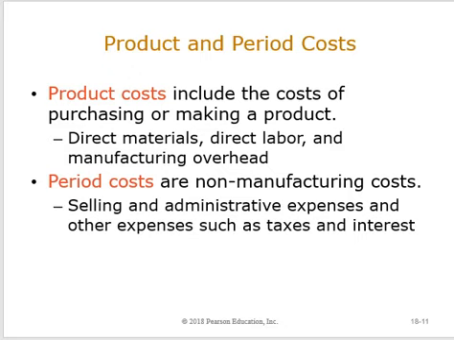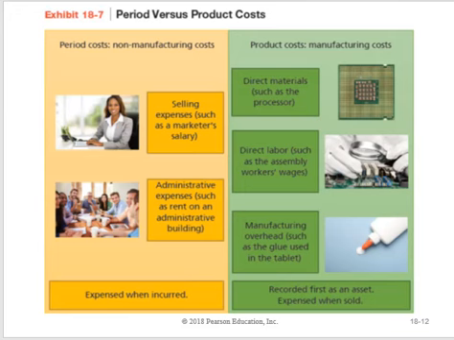Here's why this is important. Product costs sit in inventory until the product is sold. So product costs are initially an asset until they're sold. So they'll sit on the balance sheet until the product is sold. Period costs, boom, they're going to hit the income statement immediately. Okay? So make sure you understand those concepts. That next slide is just breaking it down even more.